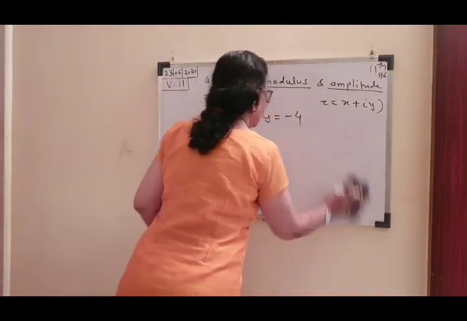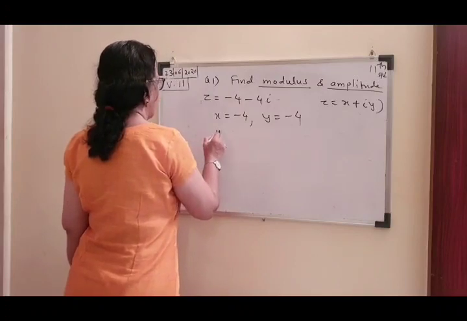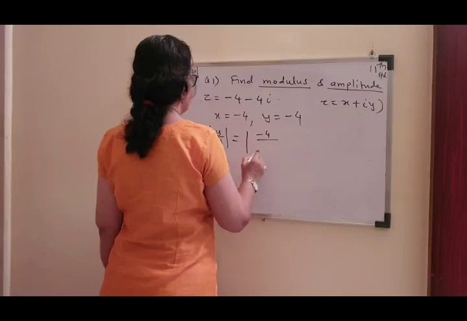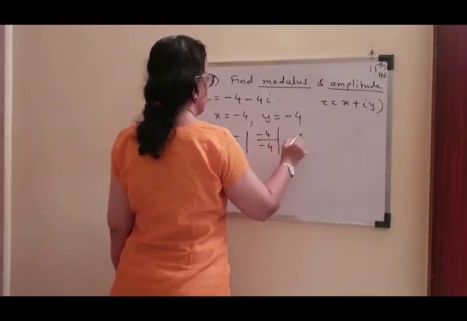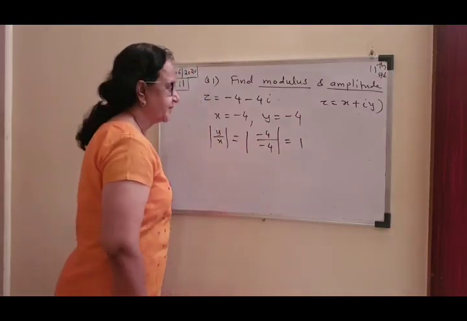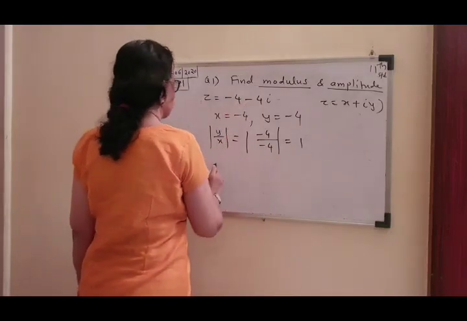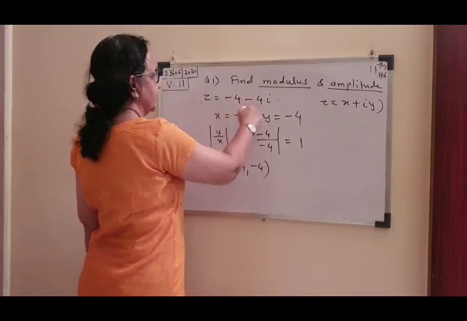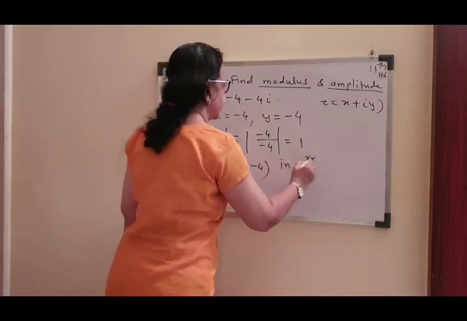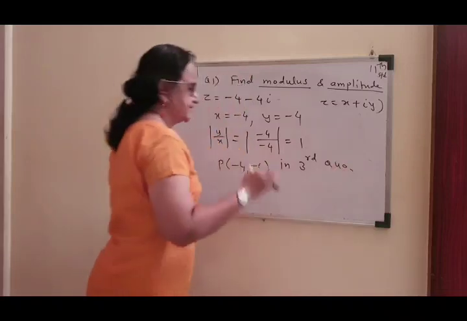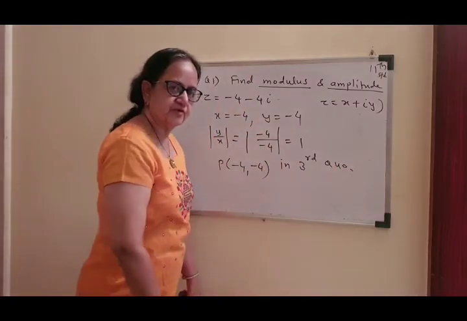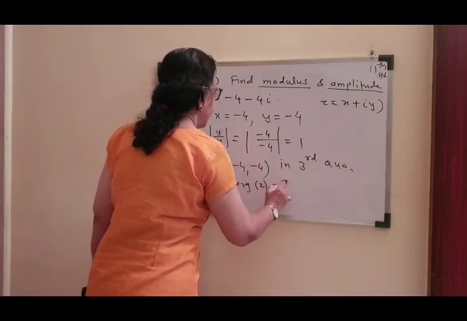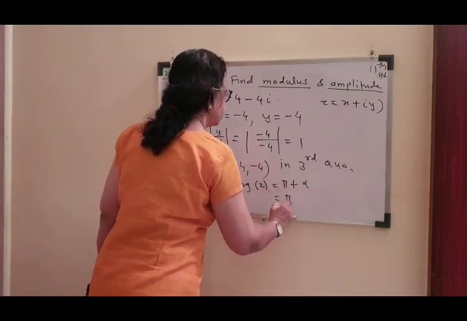Next, let us calculate mod y upon x. Y is minus 4, x is minus 4. 4 upon 4 is 1, the minuses cancel. So it is 1. But which quadrant does the complex number lie in? P is the point minus 4, minus 4. X is minus 4, y is minus 4, which lies in the third quadrant. Check that. X is negative, and y is also negative. So we are in the third quadrant, and so argument of z will be pi plus alpha, which is pi plus